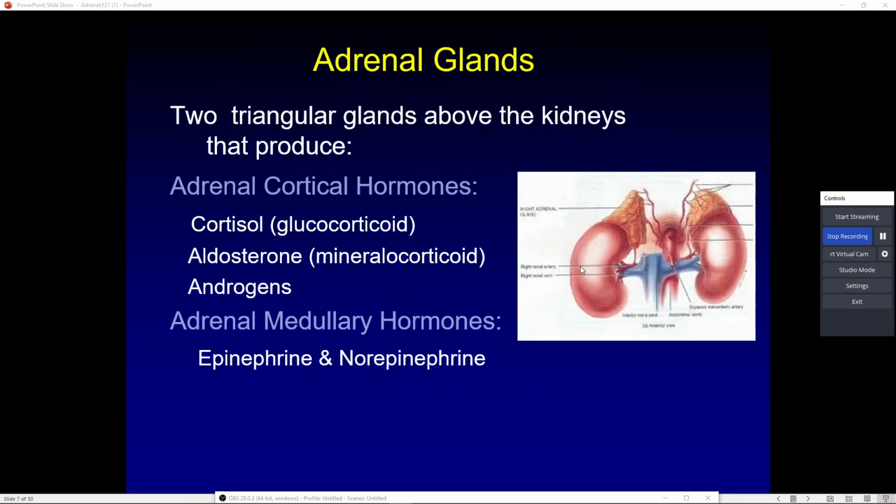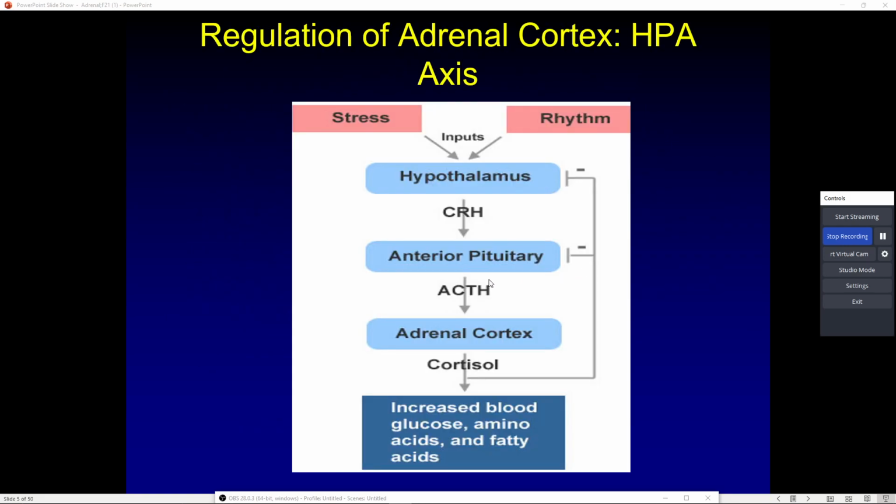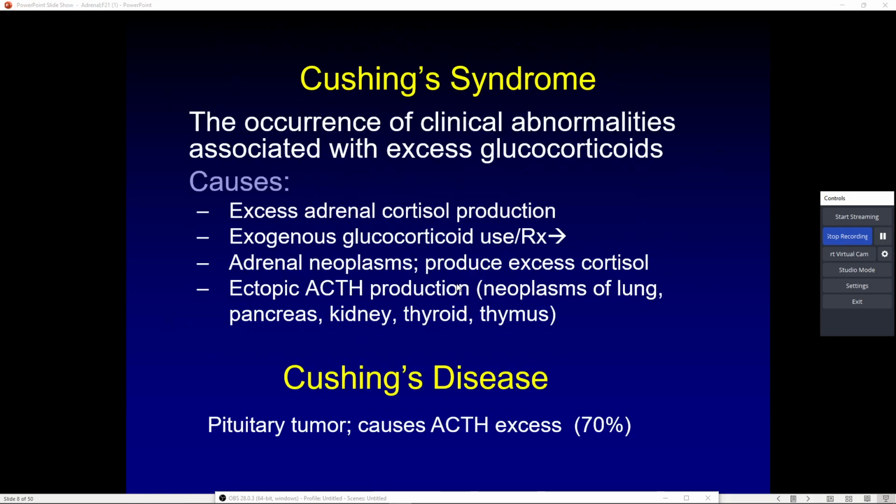Oh, you know what? I just realized what I did here. I sincerely apologize. CRH, and I said it out loud in my head. I didn't say it out loud for you. This is corticotropin releasing hormone, and that is the red light, green light. Just how the hypothalamus sends out thyroid stimulating hormone to the pituitary, we're sending out corticotropin releasing hormone to the pituitary, and then sending out ACTH from there, adrenocorticotropin hormone. So my apologies, I forgot to put the actual names in there.